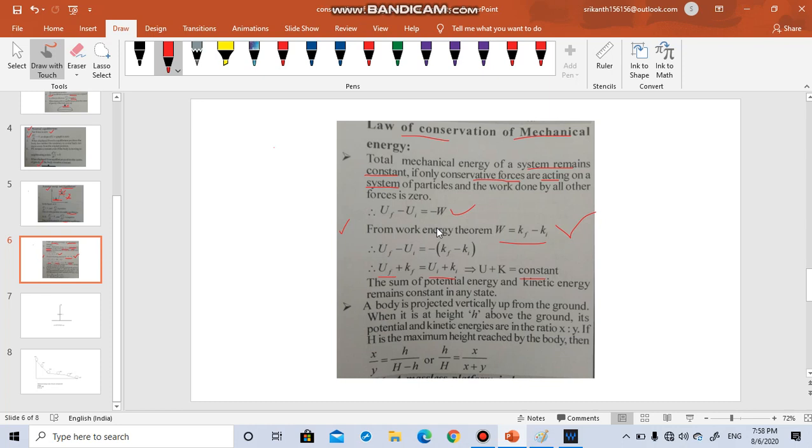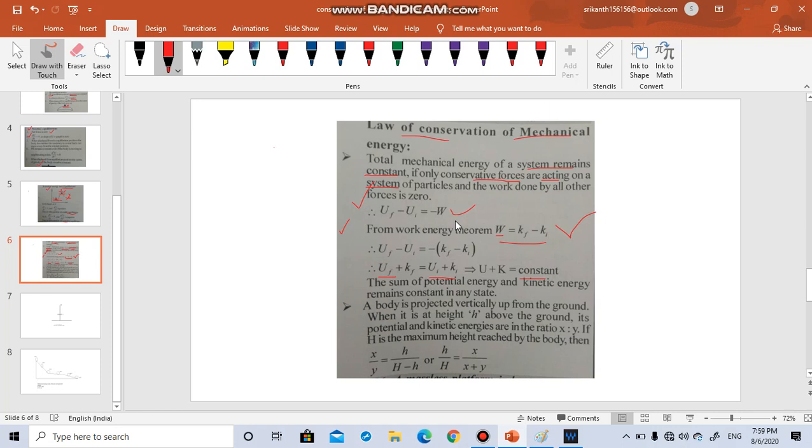There is a concept called work is done on the system and work is done by the system. When you take the kinetic energy concept, here work is done by the system. A car is moving now. The car is doing the work. The work is done by the system, which is the car. Now in the first case, the work is done on the system. So when you take Uf minus Ui, you are taking minus W.